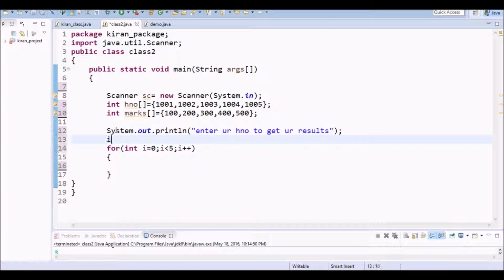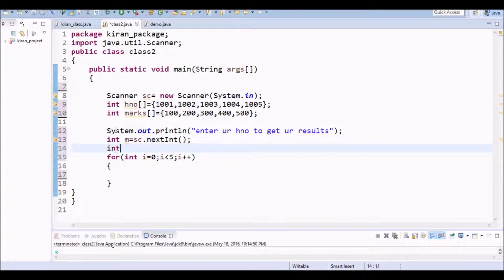Now I want to get it, n is equal to sc.nextInt. Now I am using other variables, let us take h and let us take m. I am just initializing with 0.